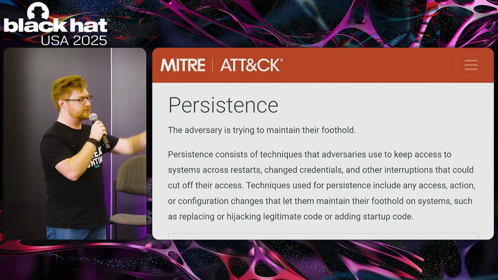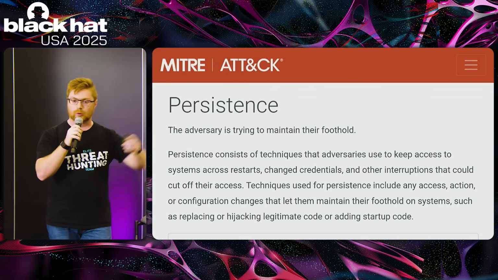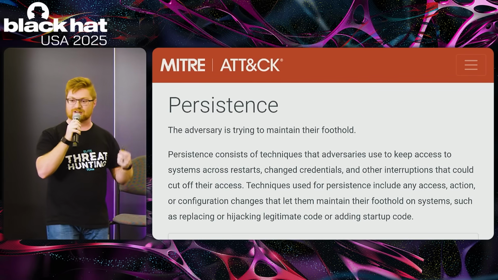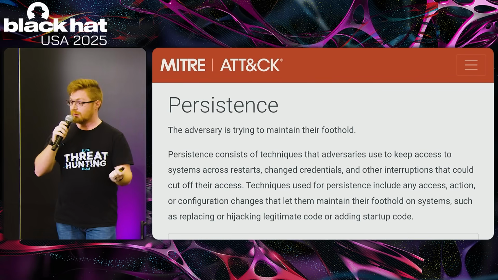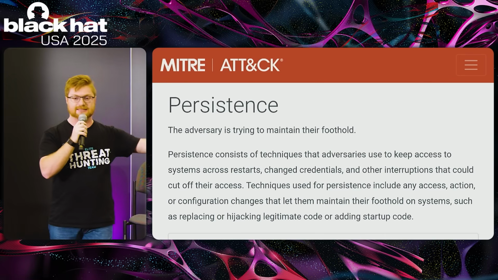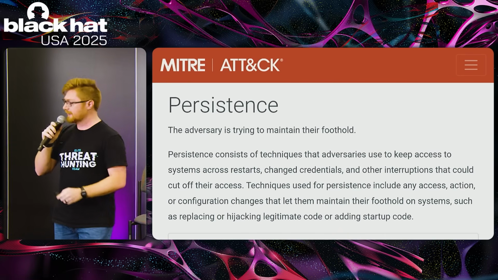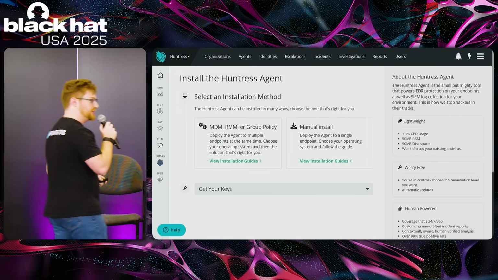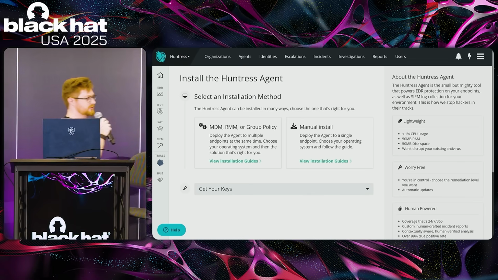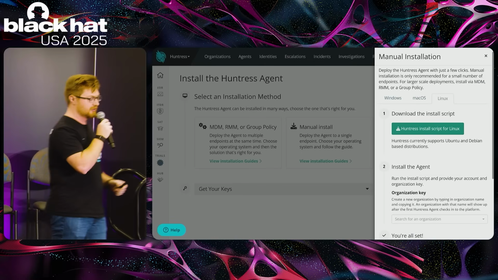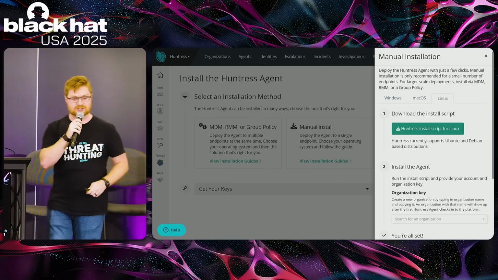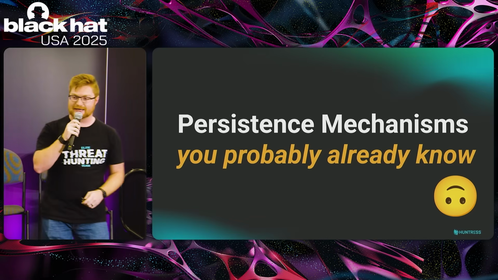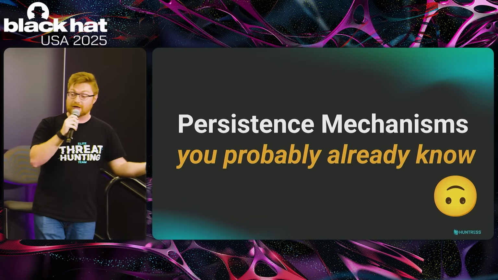Now, the reason that we wanted to do this thing, why we're chatting about this, is because way back in Huntress history, foothold and persistence was exactly the first thing that we started with. It was originally in the Windows world, but now we've expanded that to Mac and now Linux, so we're getting pretty excited about it. But I wanted to chat more about those Linux persistence mechanisms. So if you were to hop over into the Huntress portal, whether you started a trial, kick the tires, whatever, you can download and you'll see a Linux agent on the way.